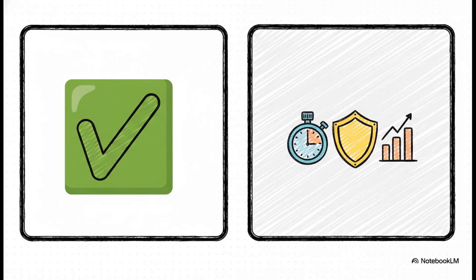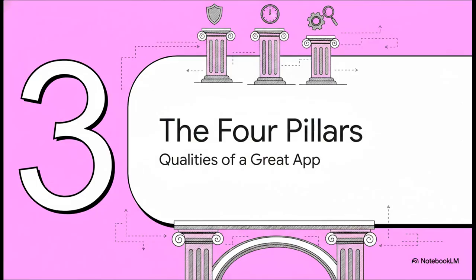And those big decisions have to deal with 2 types of requirements. On one hand, you have functional requirements. This is just what the system does. Can you send a message? Can you book a ride? Simple. But then you have the non-functional requirements, and this is where great design really shines. It's not about what it does, but how well it does it. These non-functional requirements are so incredibly important, we can actually think of them as the 4 pillars. These are the essential qualities that hold up any great application.